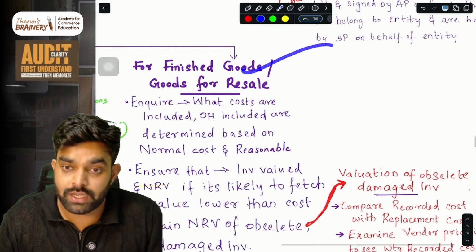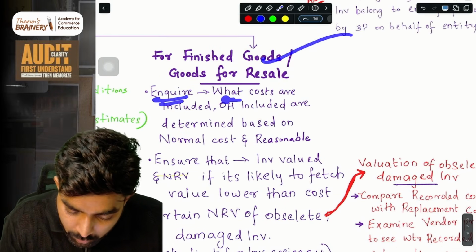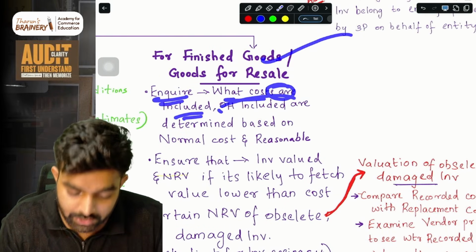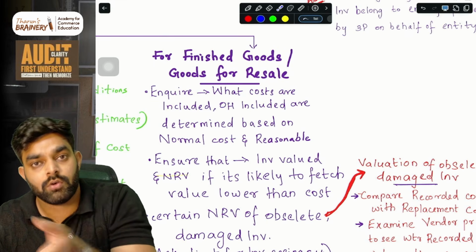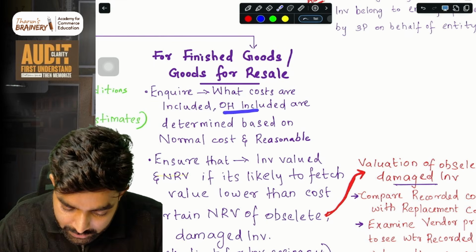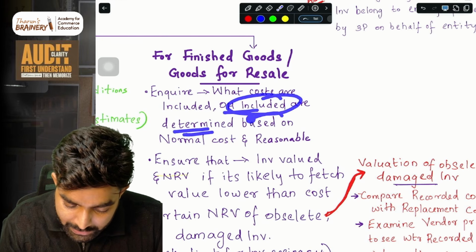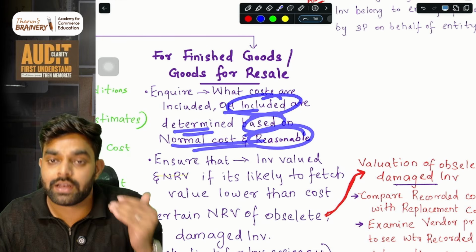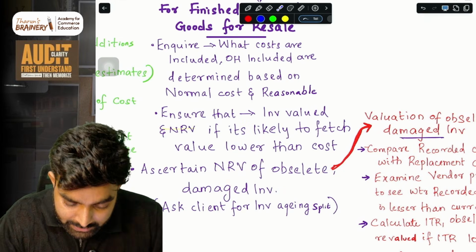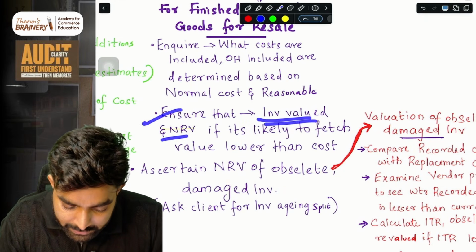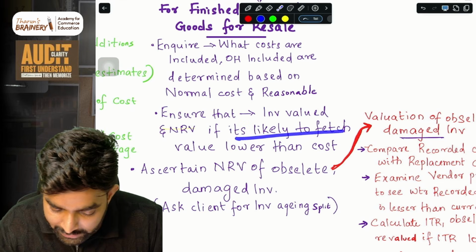Then for finished goods, how will you check? For finished goods, inquire what costs are included. When an item becomes finished, you have to check what all costs are included. Check whether the overheads included are determined based on normal cost and are reasonable. Overheads included in the finished goods must be reasonable. Then ensure that inventory is valued at net realizable value if it is likely to fetch a value lower